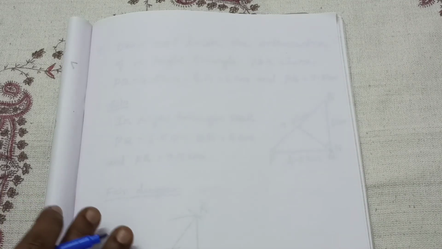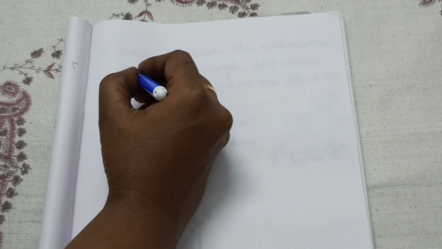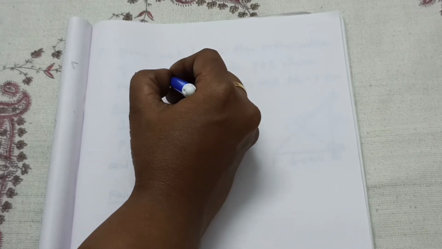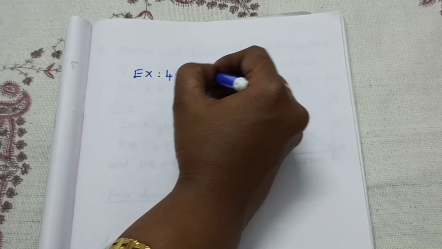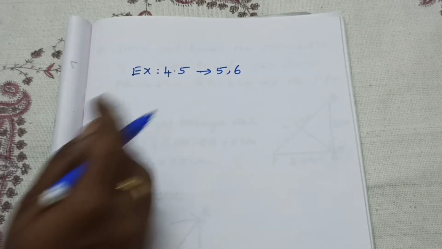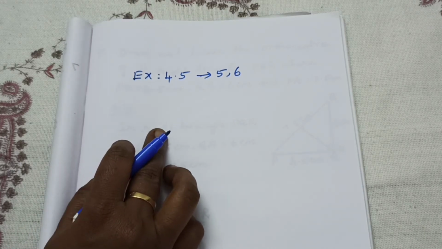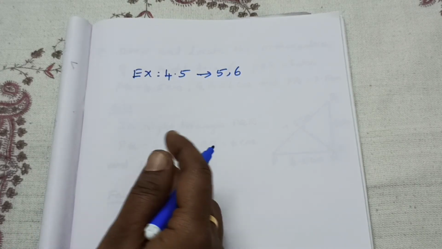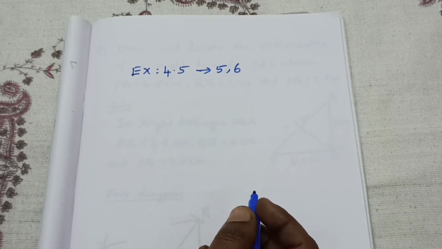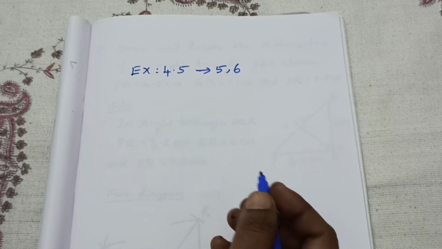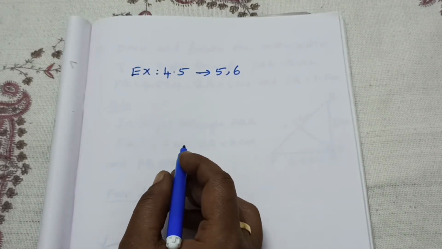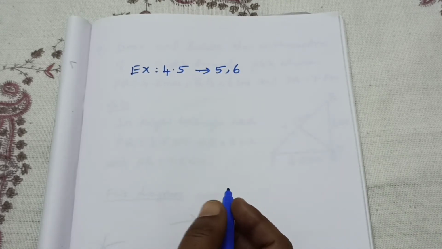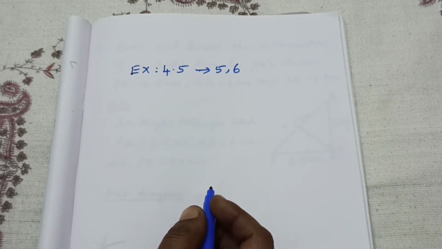The same model. Then two questions I shall give as homework for you. Then it's exercise 4.5, fifth sum and sixth sum. Fifth question, what is given? Triangle PQR. The sides are given. Then construct the orthocenter. This is an acute angle triangle only given. Okay. Acute triangle means then orthocenter, where will it come? Inside of the triangle.